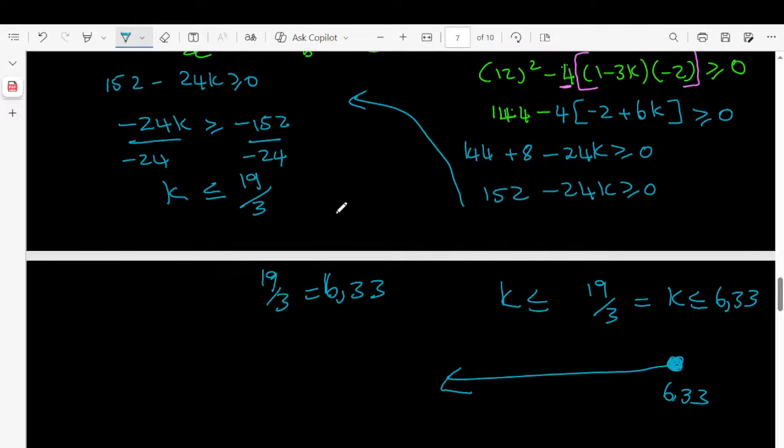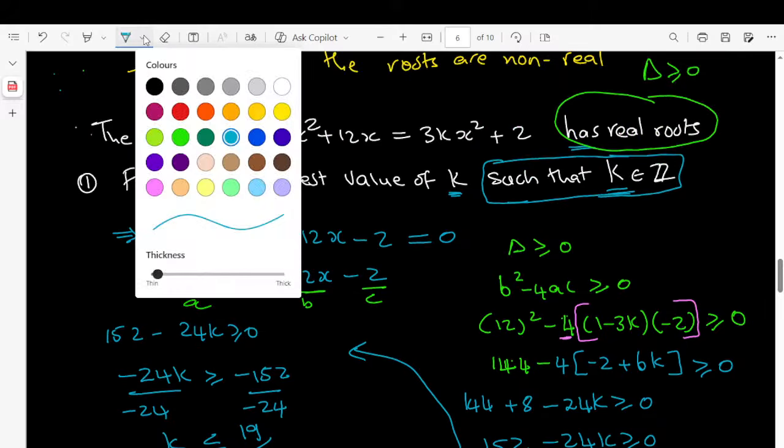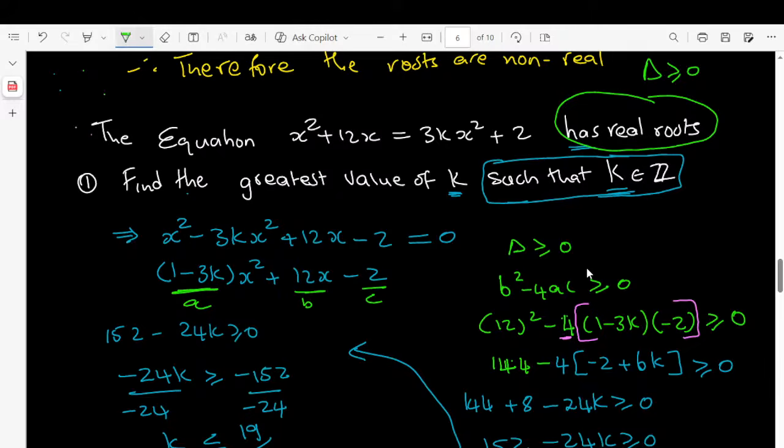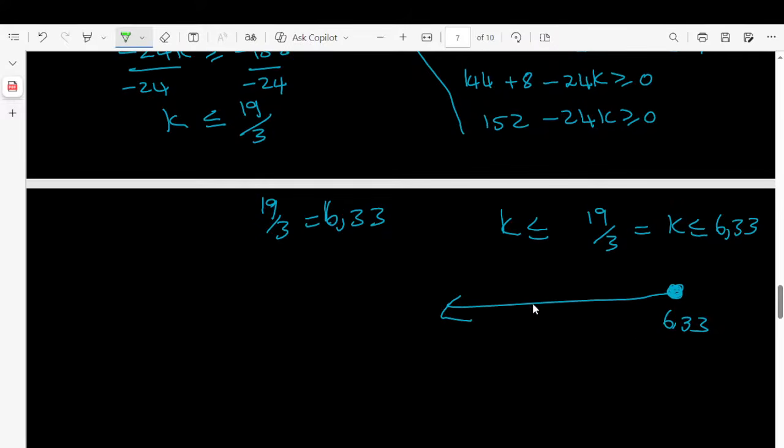But look at this. They said K must be an element of what? An element of integers. So this is telling you that we need a whole number. So we're just going to take the first whole number that we get when we go that side. We know that somewhere here there's 6. This tells you that the answer is that since K